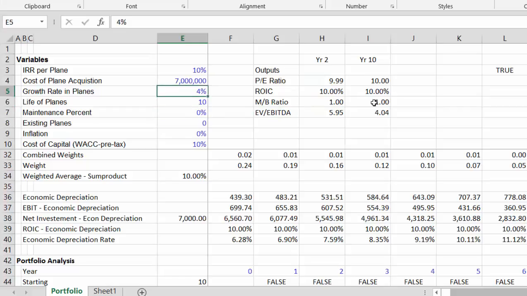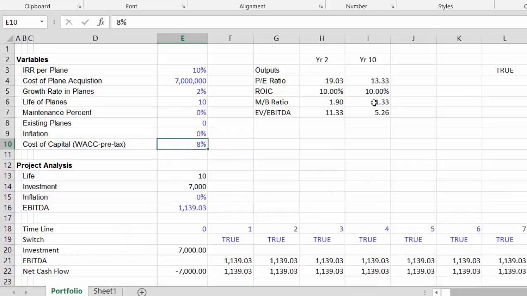So if we change the growth rate, nothing much happens because we have a return equal to the growth rate. But if we make a cost of capital lower than the growth rate, then we have these increases in the PE ratio. This interaction between growth and the difference between the cost of capital and